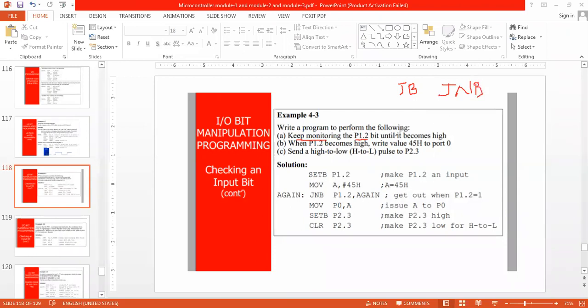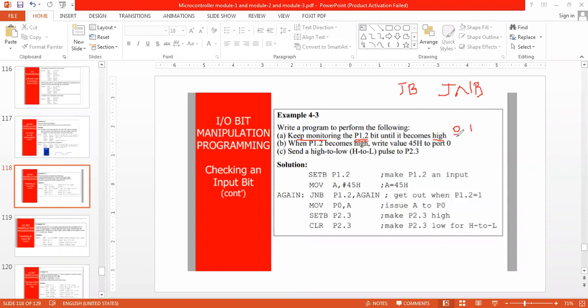Keep monitoring the P1.0 bit until it becomes high. It means when it becomes high, then don't monitor. When it is 0, monitor it. When it becomes 1, don't monitor it. Until it becomes high, I have to monitor P1.0. So it should be 0 only.